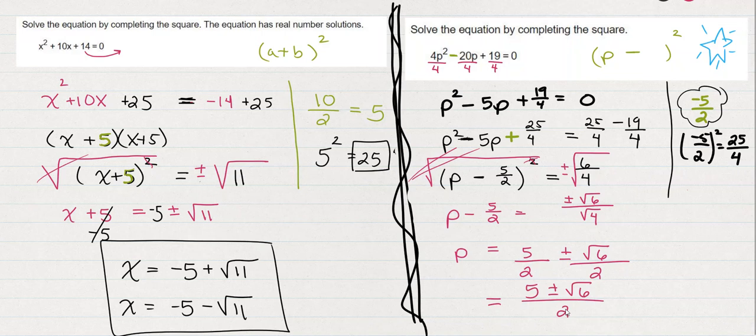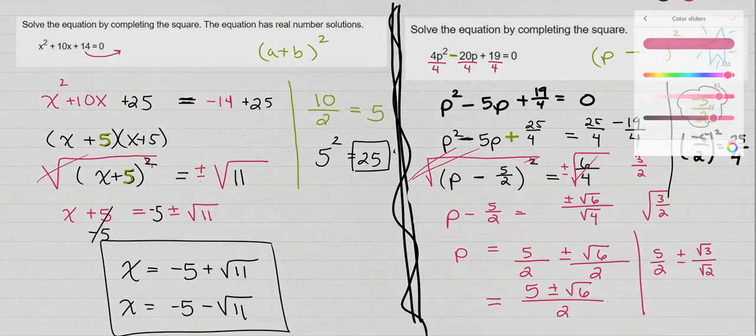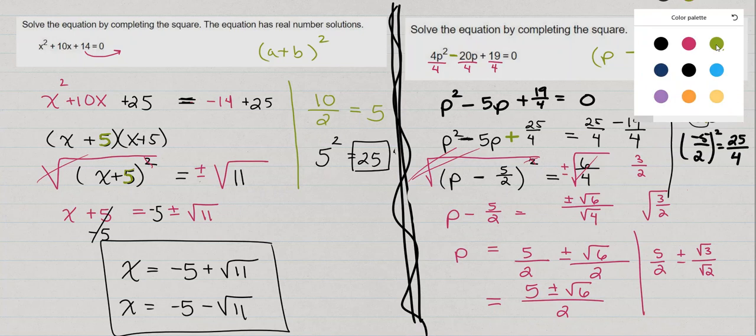Now, let me show you that if you had simplified this to be 3/2, that would have been okay. But when we did the square root of 3 over the square root of 2, we would have had 5/2 plus or minus the square root of 3 over the square root of 2. I would have had to rationalize that square root of 2. I'd have to get rid of the square root in the denominator. So if you did that,